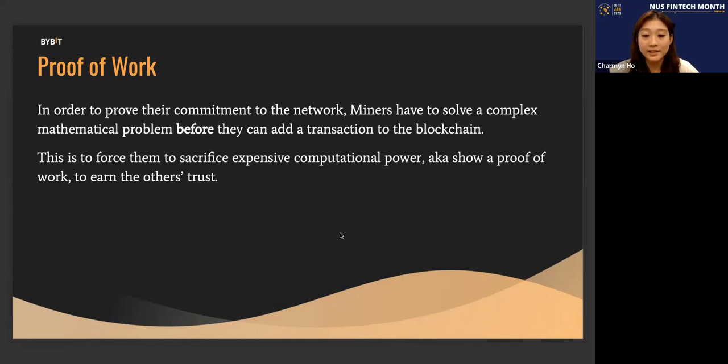And the second reason is that whenever miners successfully verify transactions, they will earn block rewards and it's paid out in BTC. So this further provides a pull factor for them to want the network to succeed. In other words, the carrot, which is the block rewards, and the stick, which is the expensive hardware, will render it such that the network participants will be able to trust the miners' actions without actually trusting the miners themselves.